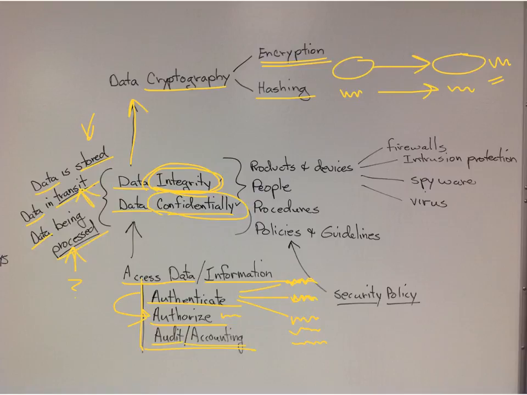Now, let's talk about products. All these P's, products and devices. We have firewalls, this idea things trying to come in, we can block, but we allow things out and back in. Okay, so we have firewalls. Once some intrusion occurred, we can have intrusion protection, or intrusion detection. We can check inside our network and make sure some hacker is not in there. Defense, we have spyware, virus software, and so forth.